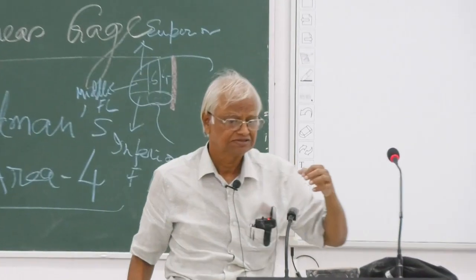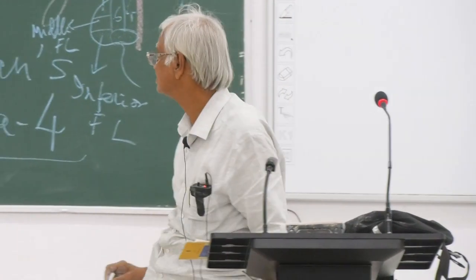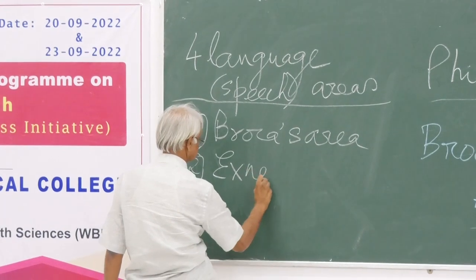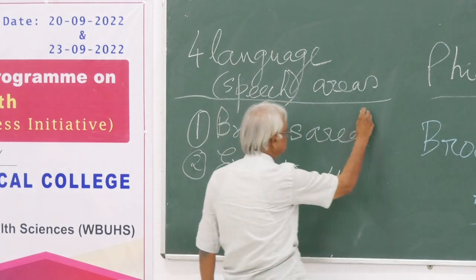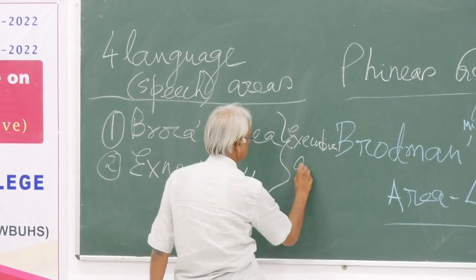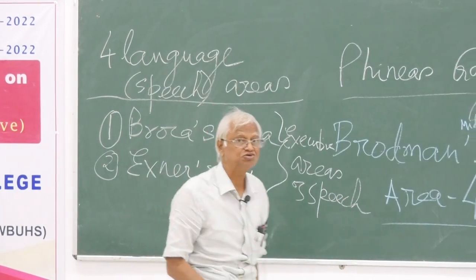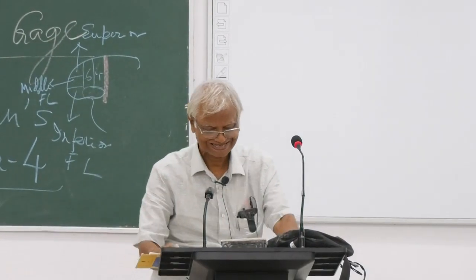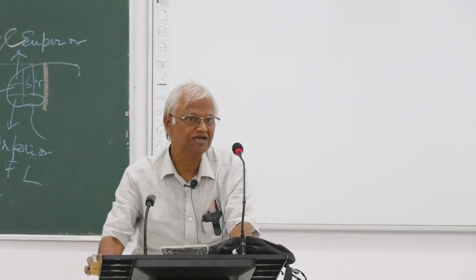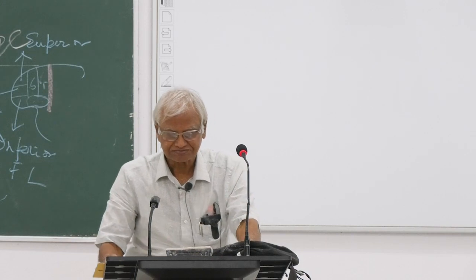Broca's area. I have already demarcated where Broca's area is. There is another area called X-Naught area. These two together are called executive areas of speech, better called executive areas of language. Instead of saying speech areas, you may better call them executive areas of language, because language can be expressed not just by speaking but also by writing. Whereas Wernicke's area